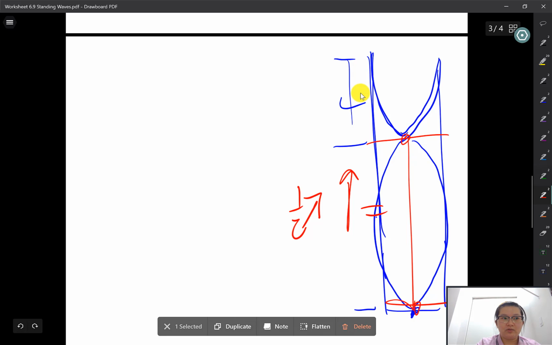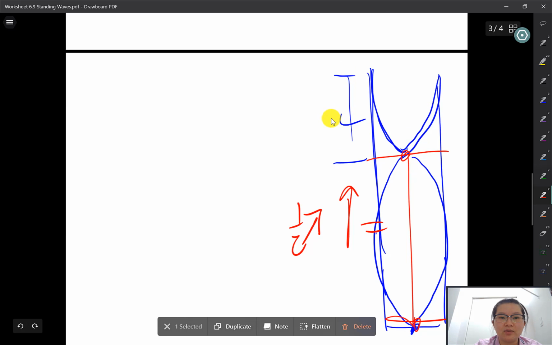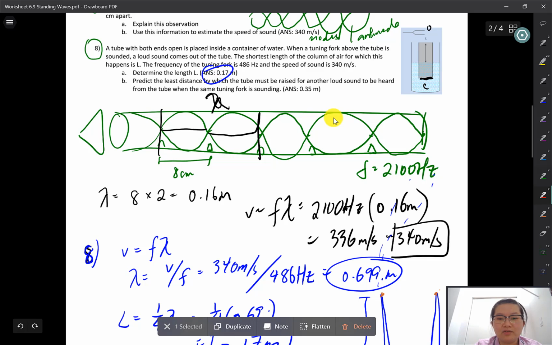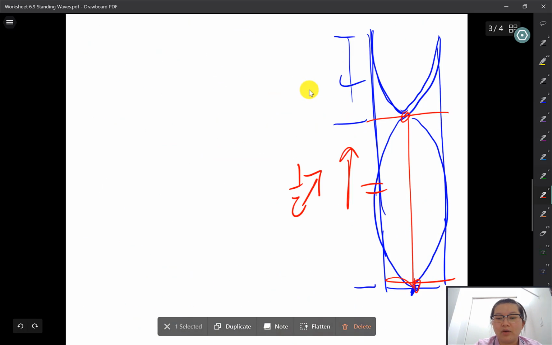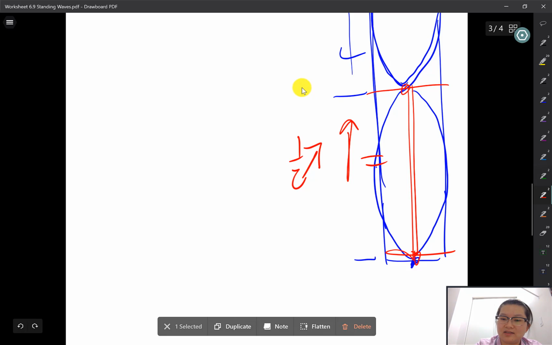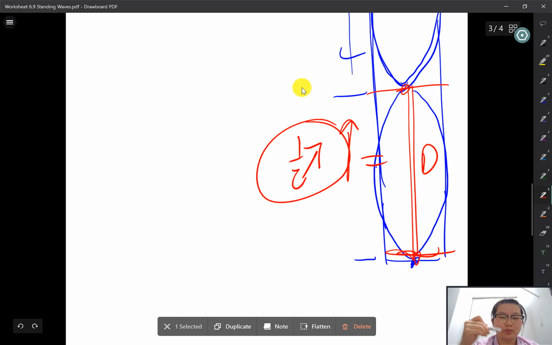Okay, so what's the question? It wants the new length? Is that what it is? We want to predict the least distance the tube must be raised. Okay, so what we want to find is this distance here. That's the distance by which the tube has to be raised in order for us to get a standing wave pattern again. So since this is half a wavelength from node to node, then we know that our wavelength is